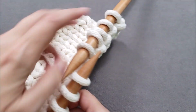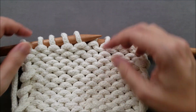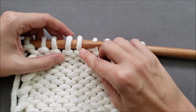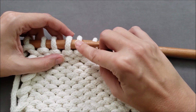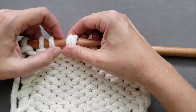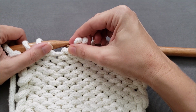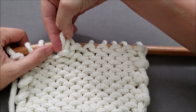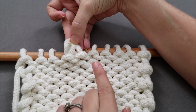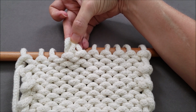On the flip side of things, if you're working a purl two together, you're going to get the same results. So you're still working around the front leg of both the stitches, but you're going to purl them together. But because you're working around the front leg, the stitches are going to rotate counterclockwise off the needle, and you'll still get a decrease that slants to the left on the purl side, but to the right on